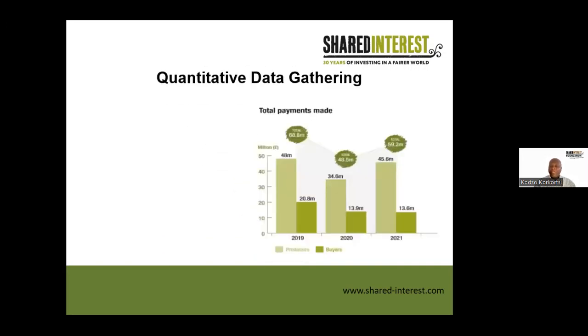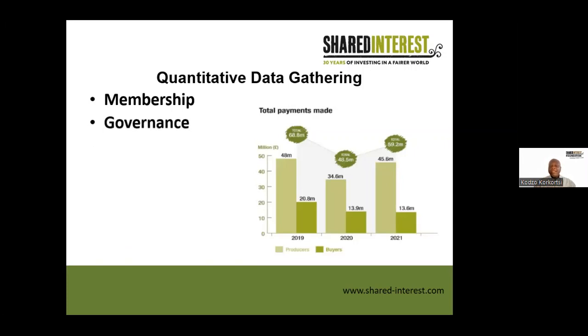So the quantitative data, we gather this data from a variety of sources. So we gather data on our membership. For instance, we would like to know what is the total number of members that we have during the financial year. We look at the total number of new accounts that have been opened. We look at the total number of accounts that have been closed. We look at the total number of our web visitors. We look at our share capital. Has it gone up? So all the data relating to our membership are gathered.